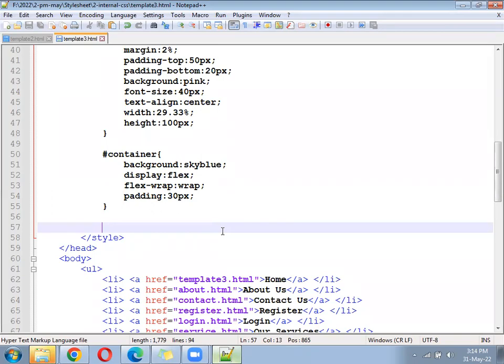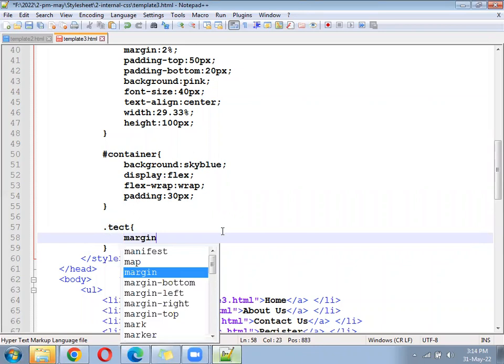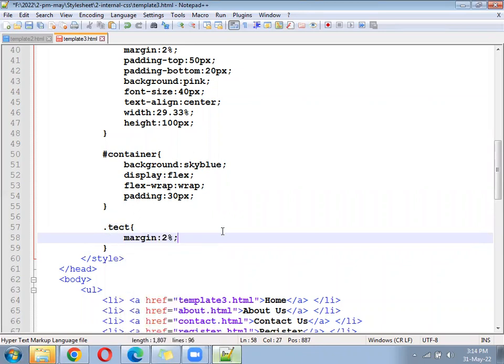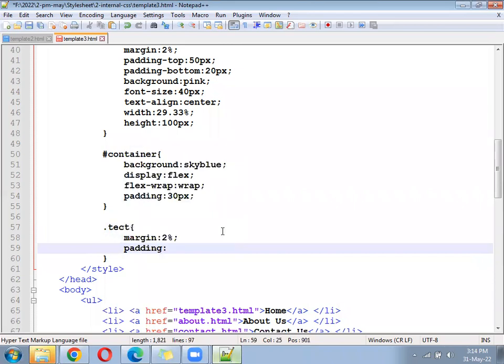The dot text. For that, what we will do? Number one, there should be margin 2%. Then keep the padding from top 30 pixel.